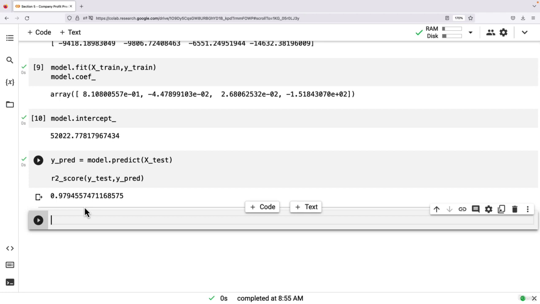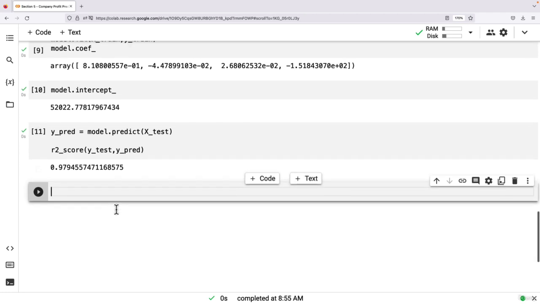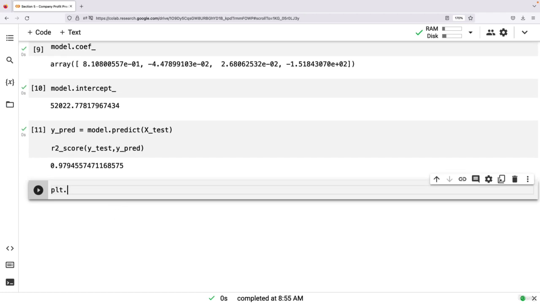Now the final question was, we have to plot the predicted profit and the actual profit from the test data with respect to the R&D spend. So I'll write it like this: plt.plot from my x_test, I'm going to extract the column of R&D spend, and I'm going to plot the value of y_pred, and I'll use the color blue, and the label is